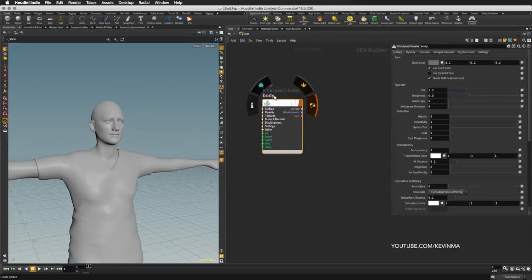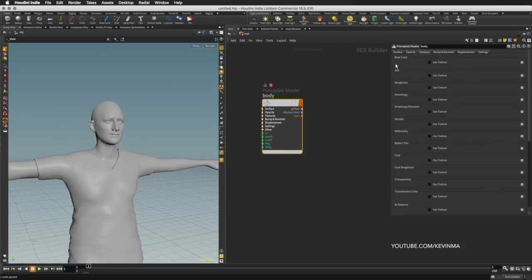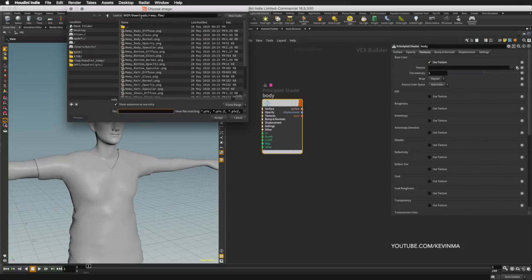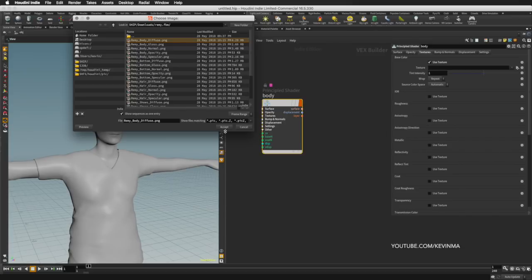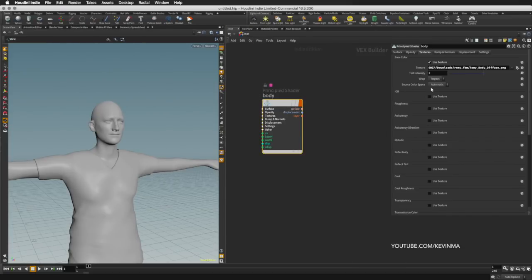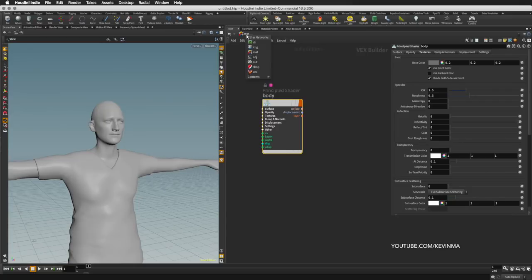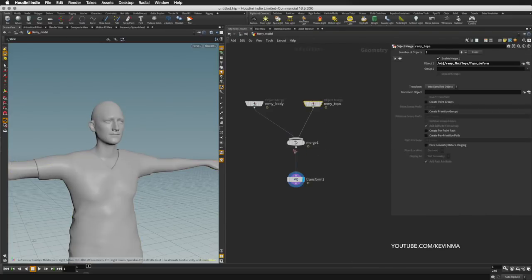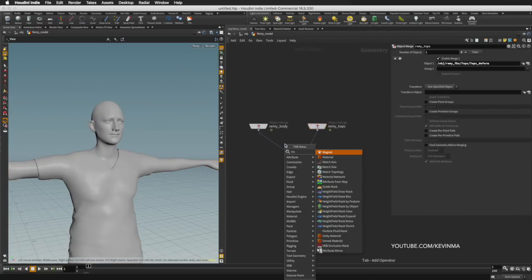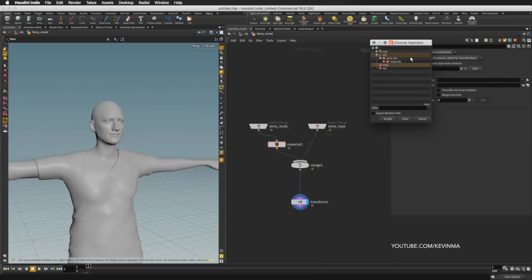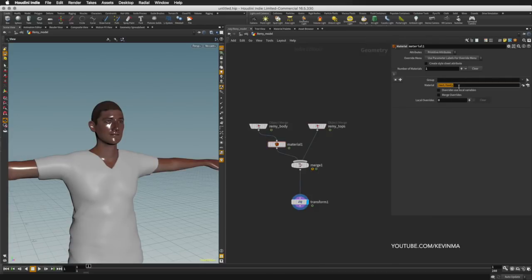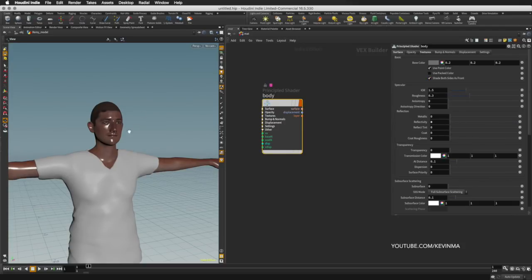So create a principal shader for body, and we're going to link the texture that comes with the film box. Select the body diffuse PNG file. Then we go back to Remy model, create a material node to assign this body material to the Remy body model. The material looks very shiny, so let's reduce the reflectivity and also the IOR,